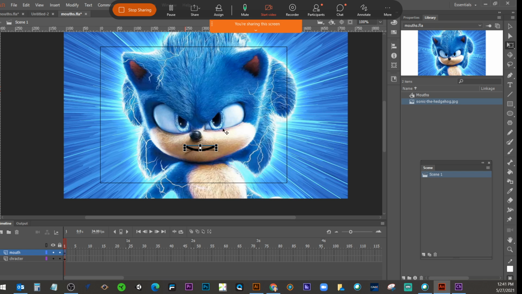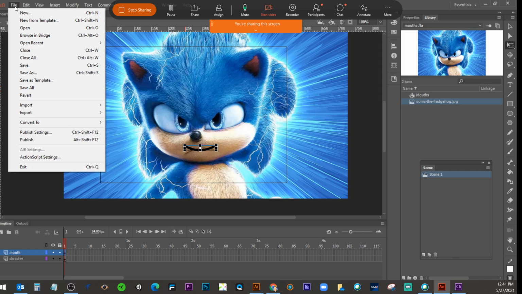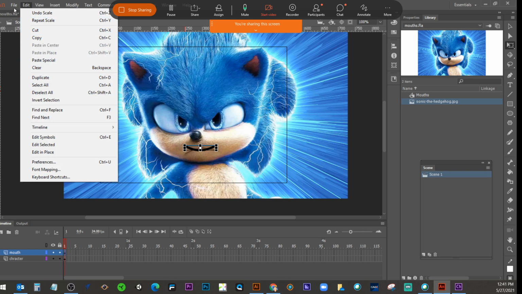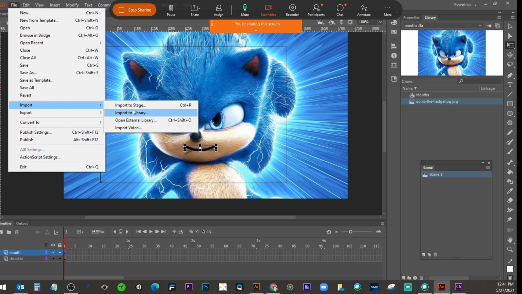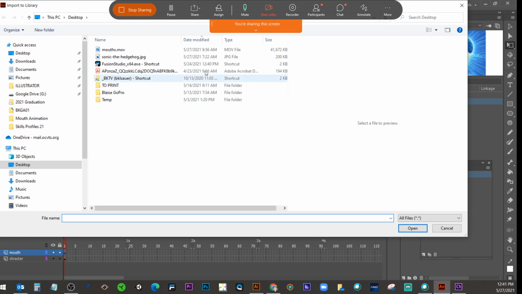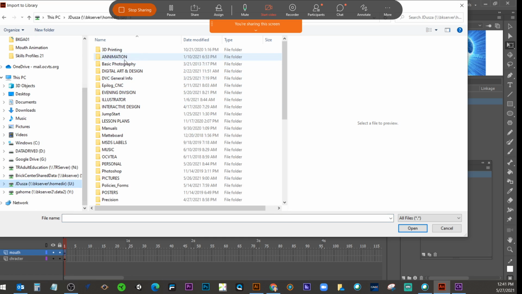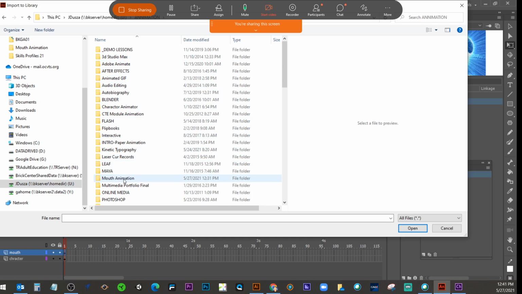So we have the picture, we have the mouth that's going to move. Now we need our audio. We're going to do the same thing that we did with our picture. We're going to say File, Import to Library, and I have to go and find that audio file. I didn't re-download it, so I've got to go to my folders, animation, mouth animation,